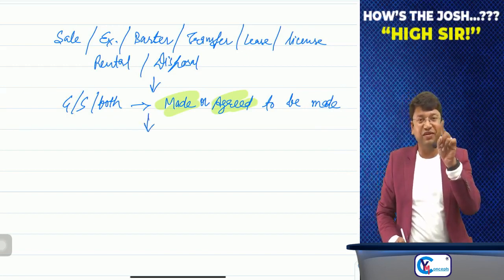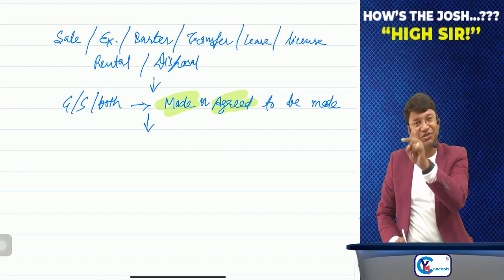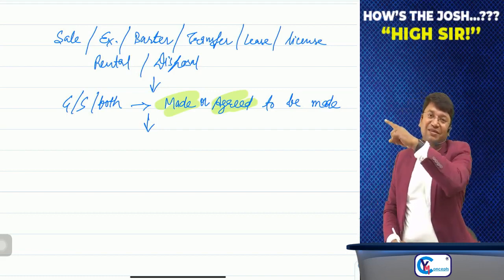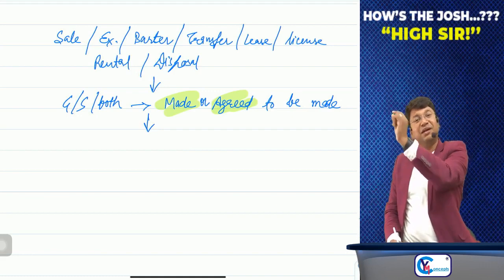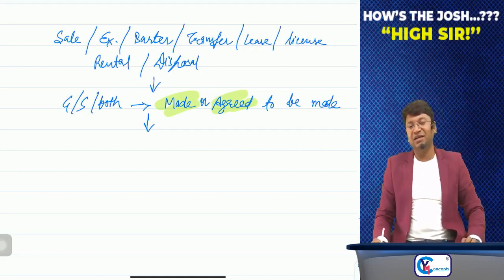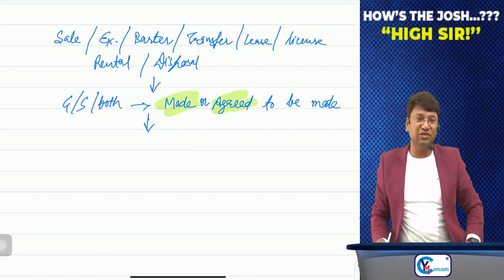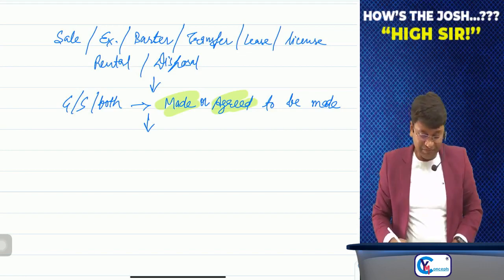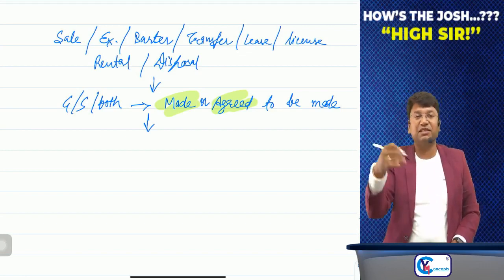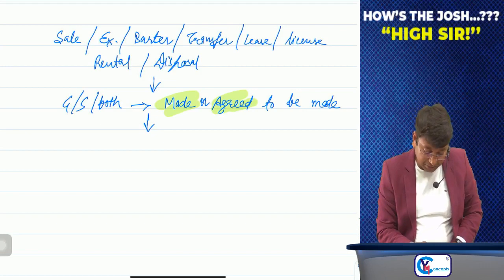So, on receipt of advance, GST is payable whether it is goods or services due to this provision. But for goods, it's separately said through another notification that no GST is payable on receipt of advance in respect of goods. Sir, when such supplies are made or agreed to be made by a person,